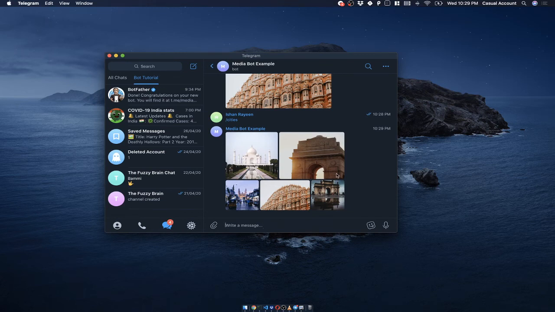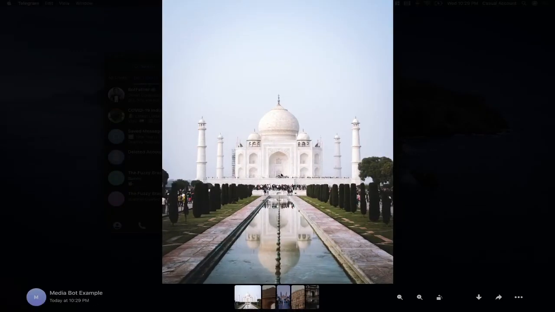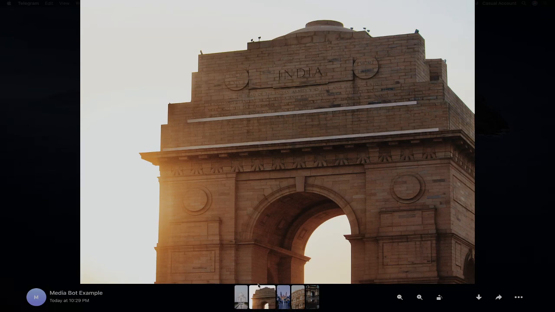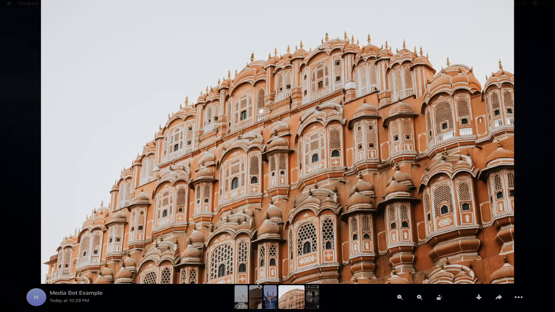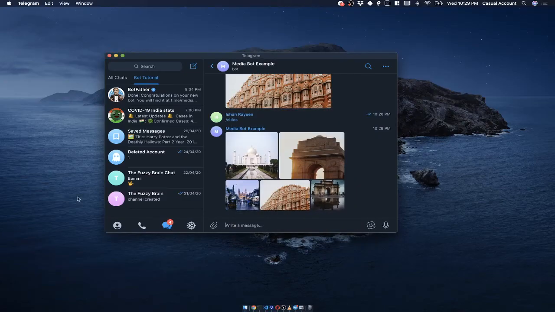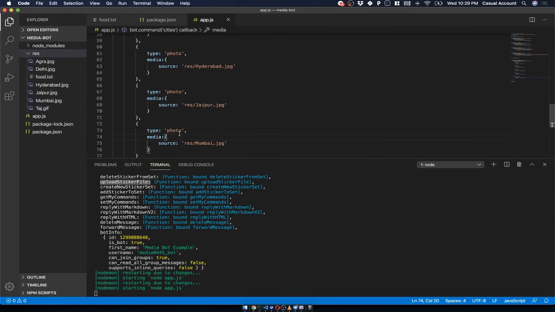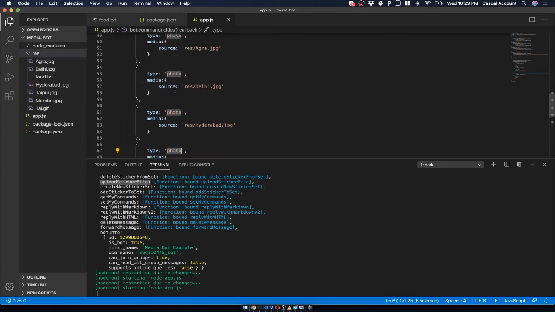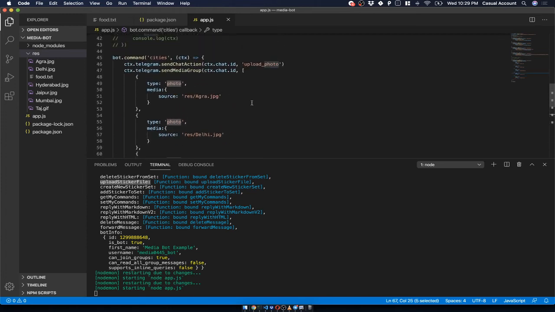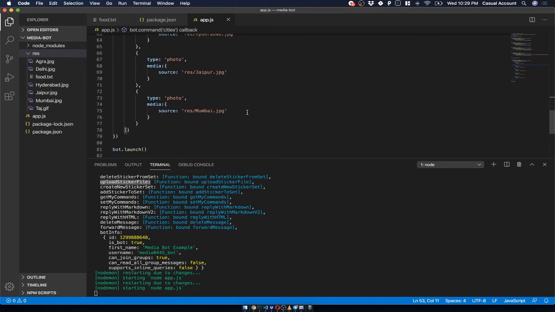As you can see, it took a lot of time, right? Because all these were source files, and you can see if you click on it, each individual image you can see like this. So this is a media group. This media group can contain different types of files also. For example, over here you can send a video, or you can send an audio. All this will be sent in a single group. This is how you send a media group.